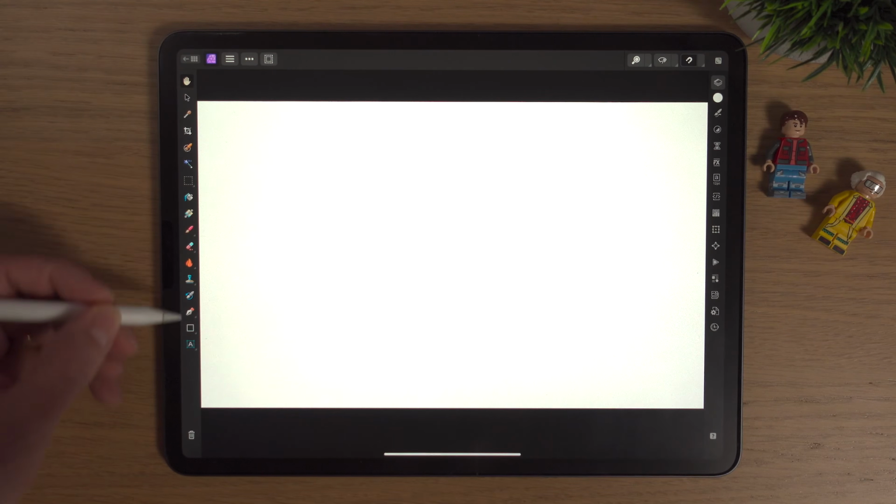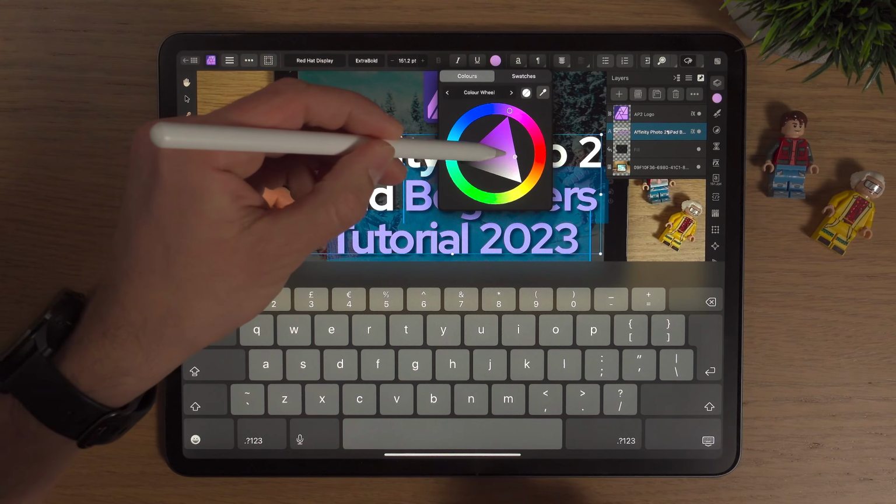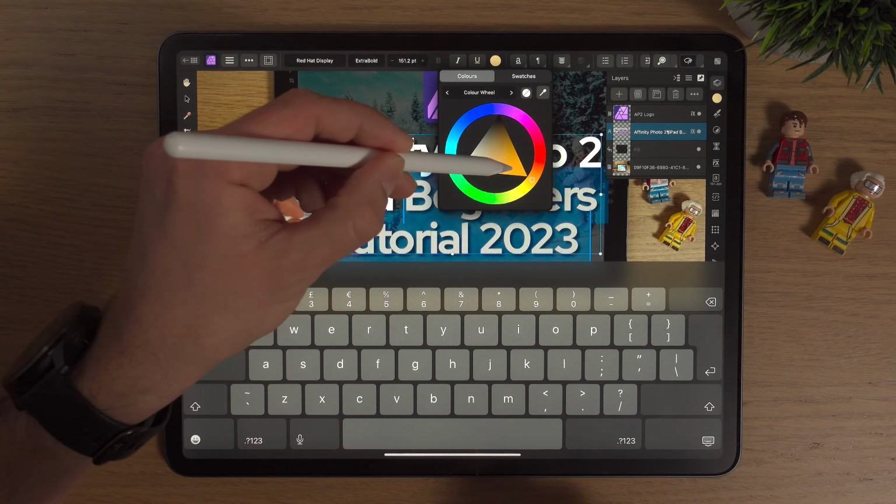In this video, I'm hoping to get you started with Affinity Photo 2. I'm going to show you the navigation and some of the things that Affinity Photo can do, and we're even going to do a bit of a project. And you've already seen what the project looks like because it's actually the thumbnail for this video. We're going to be creating this thumbnail and I'm going to be taking you step by step on how I